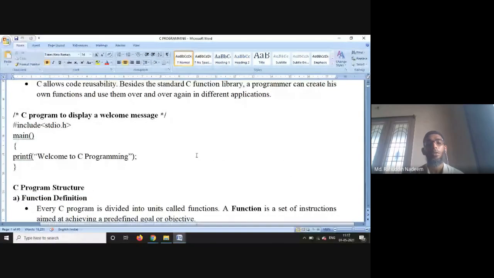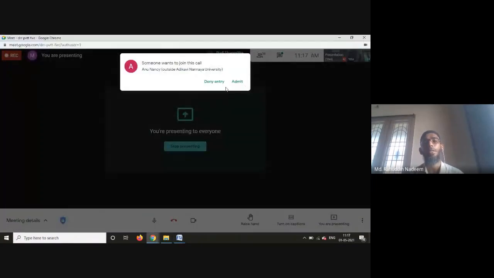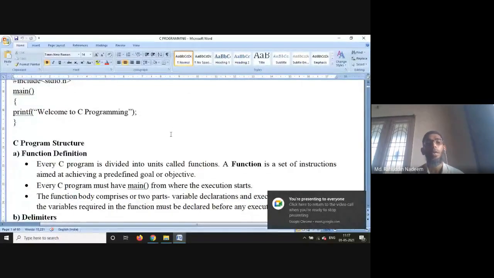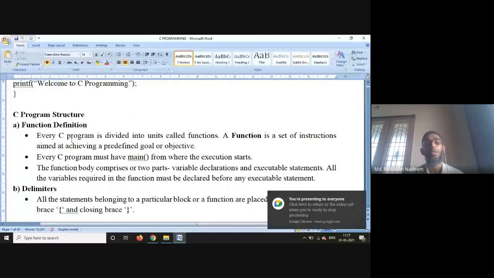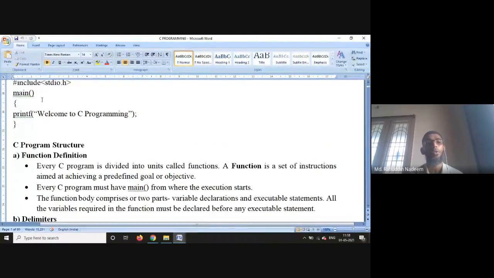I am just going through some important points here. When we talk about a C program, it should have a function definition. What a function is, we have also discussed: it is a set of instructions which aims to perform a specific goal or objective.